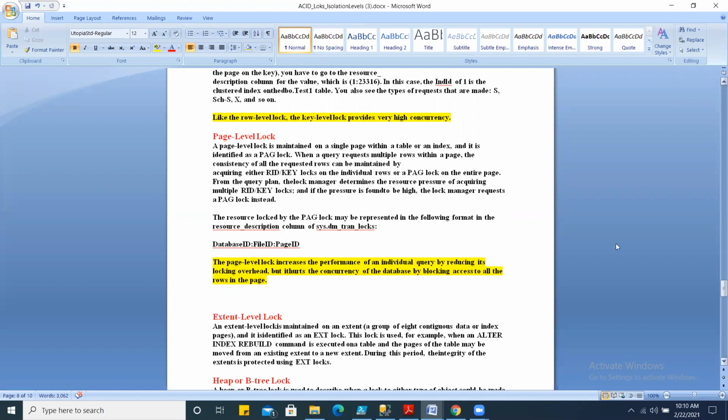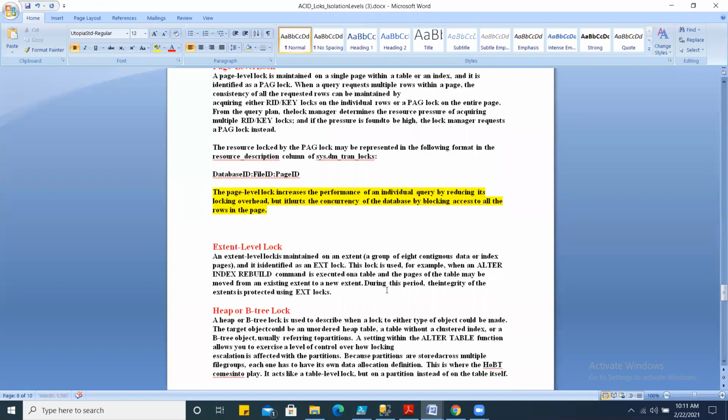So page level locks are acquired by your transaction with the help of the lock manager only when more than half of the rows of a page have to be locked, and that is internally detected by the lock manager. In that case, RID or key level locks are escalated by the lock manager itself to a page level lock.